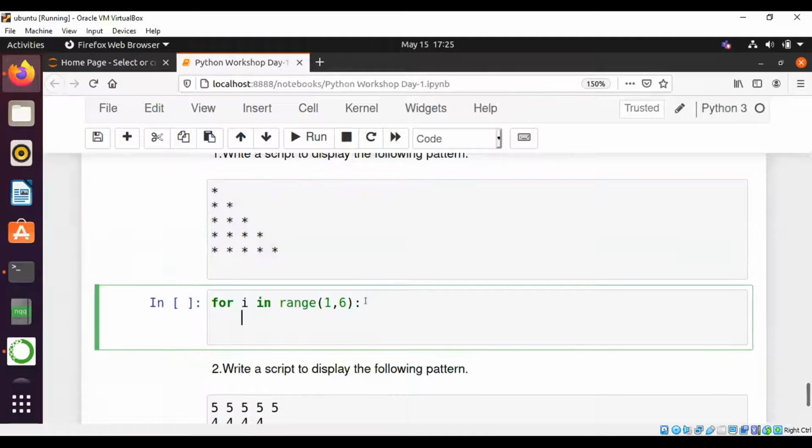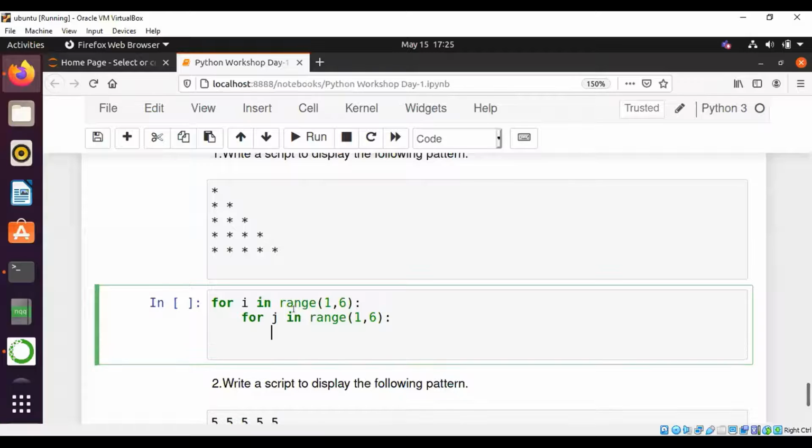So we are taking the first for loop. How many stars should be printed after this pattern? So for j in range of 1, 6, sorry, it's not 1, 6, it's i.